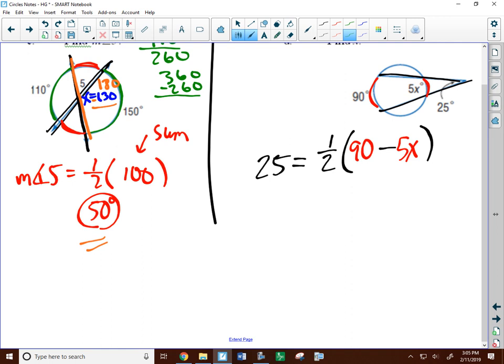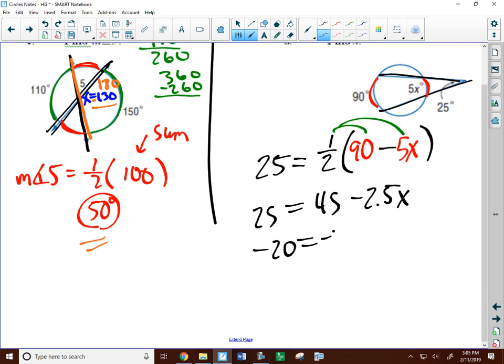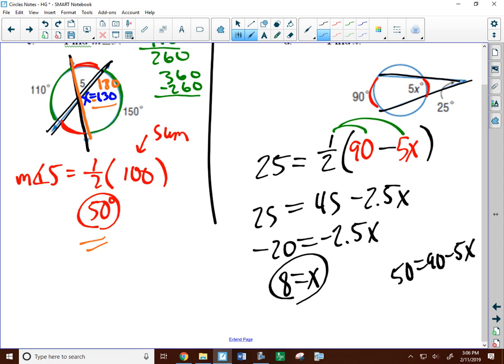Okay, you could distribute if you want. Well, let's do that on this one. 25 equals 45 minus 2.5x. Subtracting 45, we get negative 20 equals negative 2.5x. And divide by negative 2.5, we get 8. If you had multiplied by 2, you would have gotten 50 equals 90 minus 5x. They're the same. Subtract 90, negative